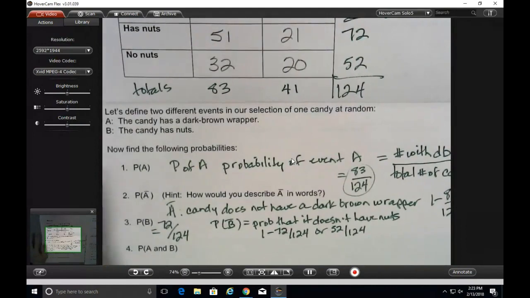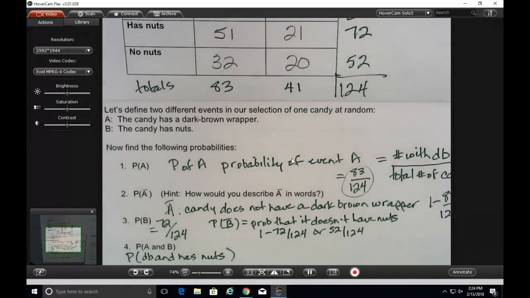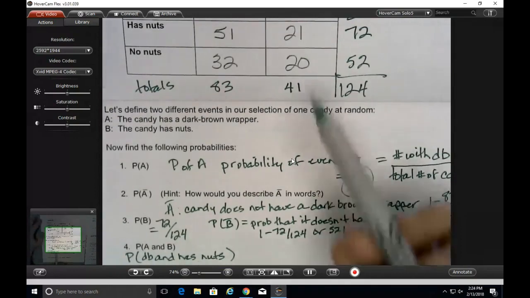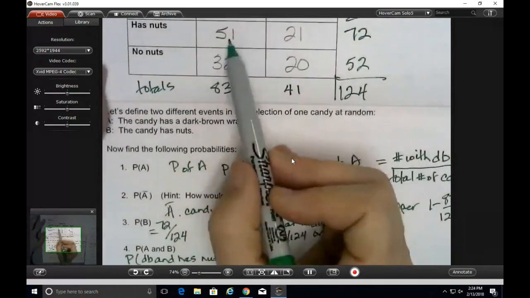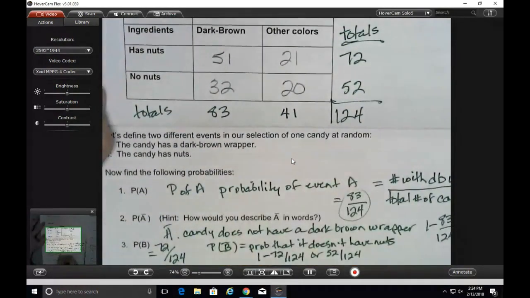If you have a table like this, or if you can fill out a table like this, then it's actually pretty easy to find the probability of two things together. If we're saying the probability of A and B, that means we're taking these two events and saying they both have to happen at the same time. Probability that it has a dark brown wrapper and it has nuts. We can just look at our table because we already have it divided up, so we can tell how many there were that have both of these things. Dark brown and does have nuts would be this cell in our table right here. We've already got that total, so that would just be 51, and we're still dividing it by the total